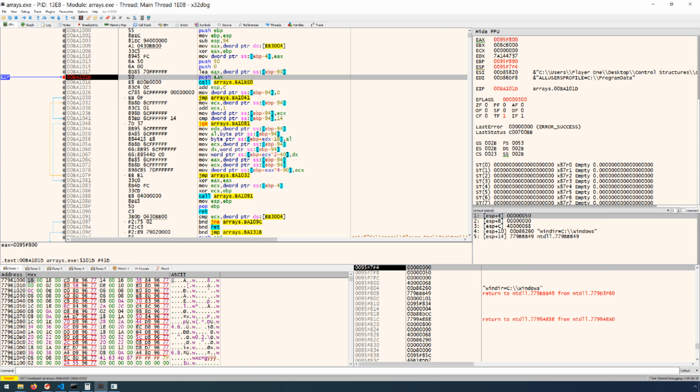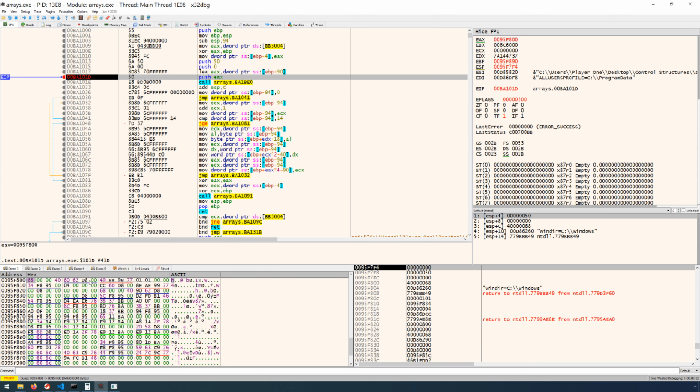LEA into EAX of EBP minus 90. So that's getting the address for the location on the stack of EBP minus 90. And we should see that now in EAX, which we see over here in the registers window. What we want to do is look at the content in memory as it currently sits. So we can right click on that address and select follow in dump. What that will do is update this dump window, this memory window, to begin at that address,